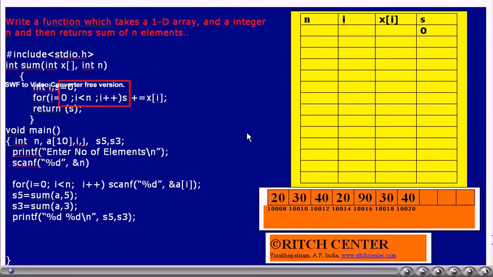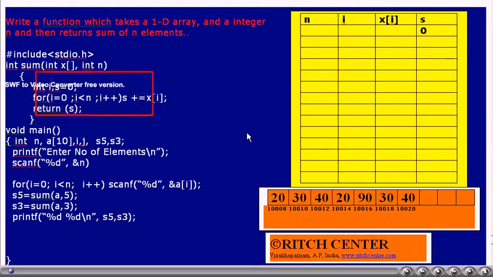This function takes an integer array and an integer n as arguments and returns an integer. In the function, we have taken some variables I and s. S value is initially taken as 0. The for loop runs for n times.